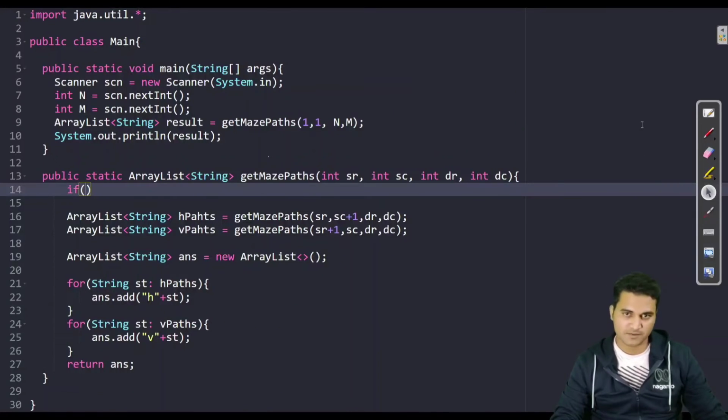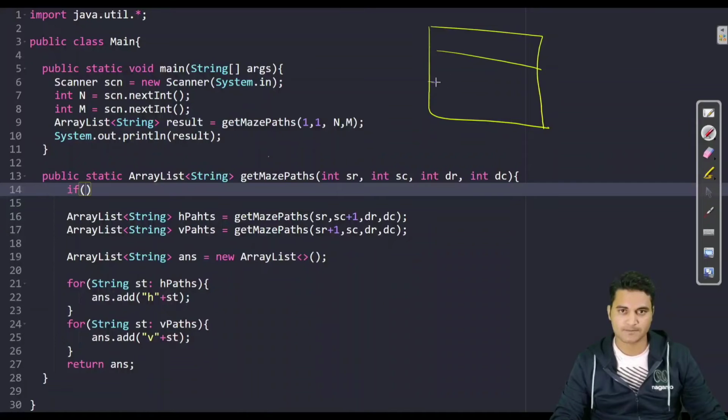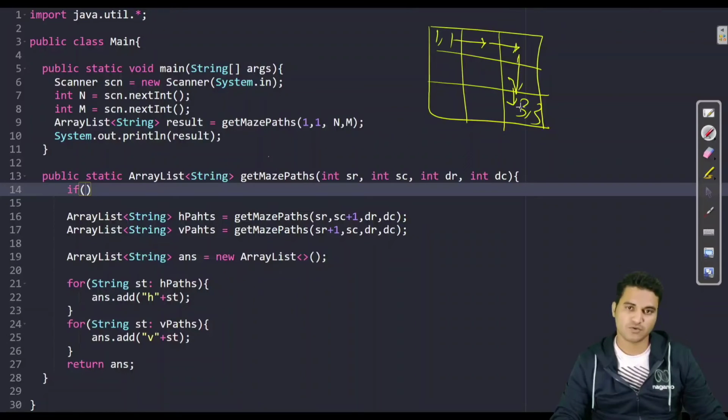Let us say this was your matrix. This was 1 comma 1, this was 3 comma 3. So what you have done, you have made the call to here to here, here to here, here to here, and here to here. Now you are on this column. So how would we ensure that you are in this column? Your source row and source column would become the destination row and destination column.